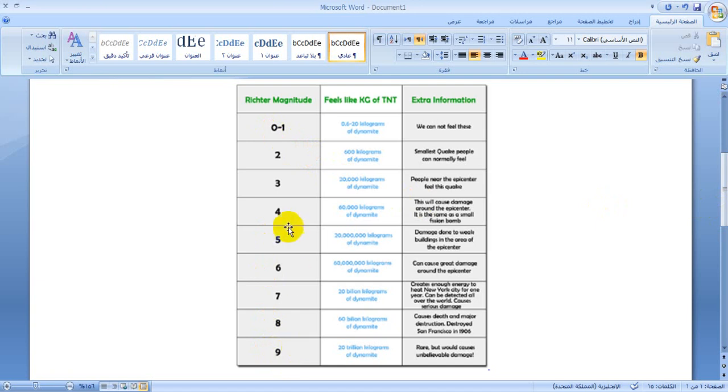So, when the Richter magnitude is from 0 to 1, the second column talks about